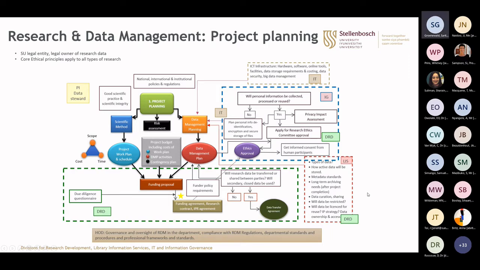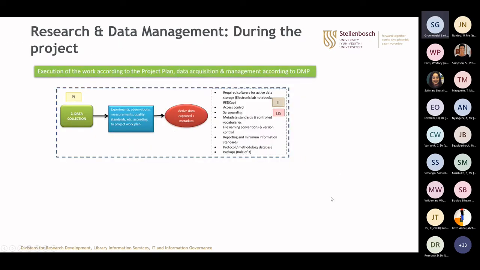The head of department is responsible for the governance and oversight of research data management in their environments. And this will include setting up specific departmental or discipline-specific standards, and then procedures and frameworks within their environments or in their departments. When we go over to the execution phase of the research project,